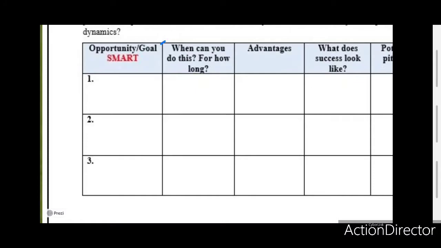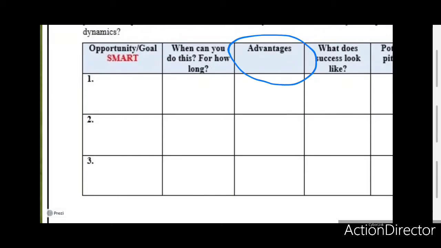The next step is, when can you do this, or when can you start, and for how long? Let's go back to that 2-week, 3-week, 1 month, 2 month time frame, and when can you start? This is where you're going to put that information to make sure it's timely, to make sure you can achieve it, and to make sure you're good to go when you start it, and you just don't put down some arbitrary date and then forget about it. So think about it really carefully. When can I start doing this and paying attention to this, and for how long do I want to do this? Advantages, what will this bring you?